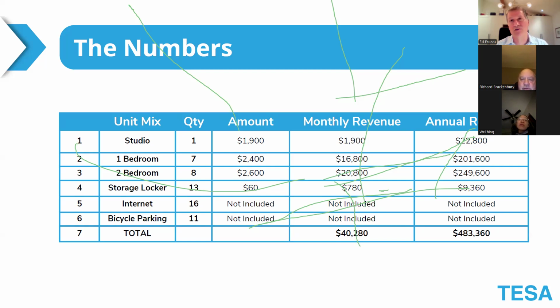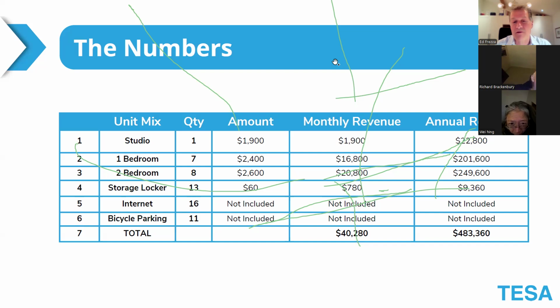So for every $100 we can increase per month, we're generating $30,000 in value and potentially borrowing up to 95% of that. So you can see how this becomes a very critical aspect of the feasibility analysis, to understand exactly where we can squeeze every little dollar. So you'll see that developers of these buildings not only look at the revenue from the rental units, from the 1, 2, 3 bedrooms, etc., but also from storage lockers.